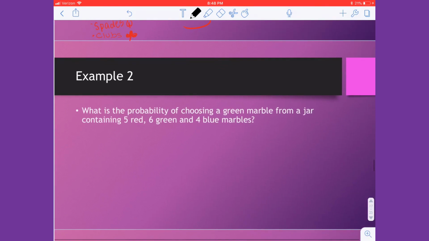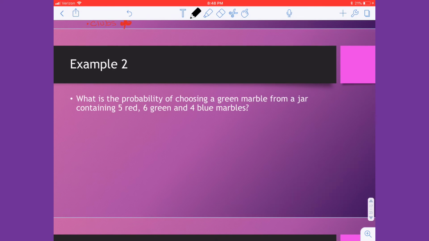I must be tired. So we got 5 red, 6 green, and 4 blue. So 5 red, 6 green, 4 blue, and I want